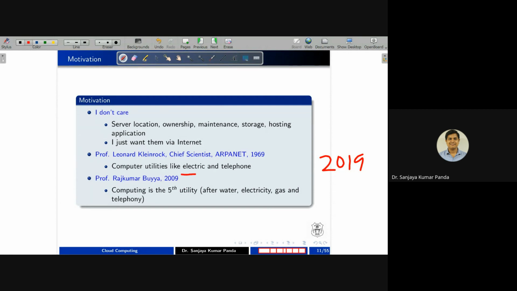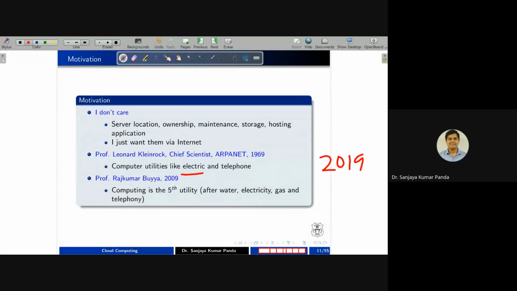Early on, electricity was a utility. If you remember the old telephones, which were connected through wires, every month we got bills, whether it was a prepaid or postpaid connection. Based on that, we got bills and we had to pay for it. So based on how much you need, it is going to charge some amount to you.